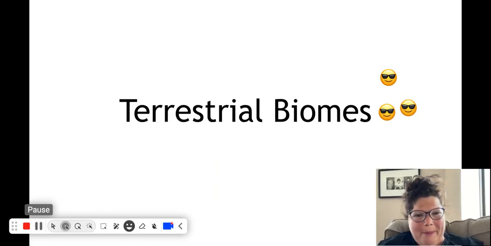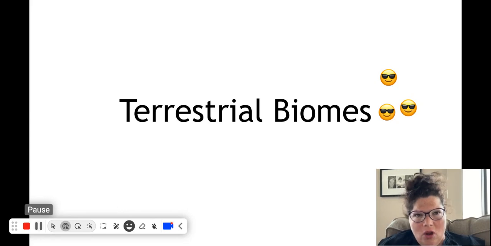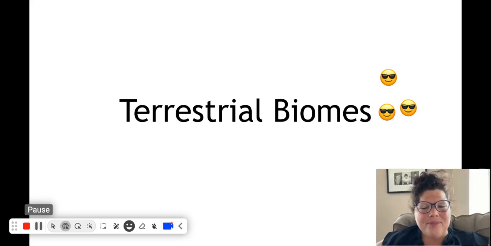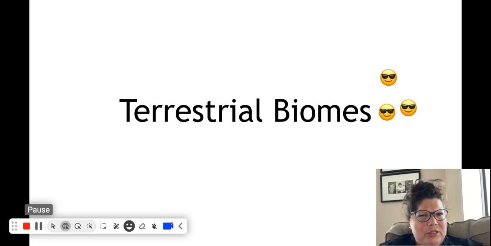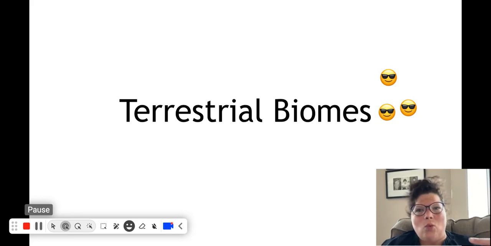Welcome to Terrestrial Biomes. Important section as we look at the entire globe, all of the different environments that exist. And as we start to compare different parts of the globe, we need to understand which different biomes exist and therefore how those biomes are different. So we have a better understanding of how the environment works, how those ecosystems work, and how they're different from